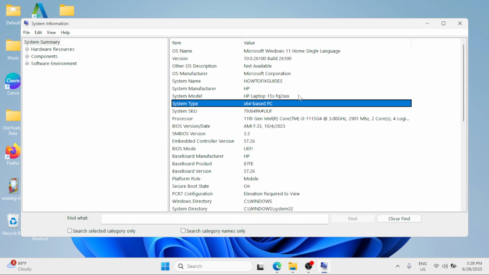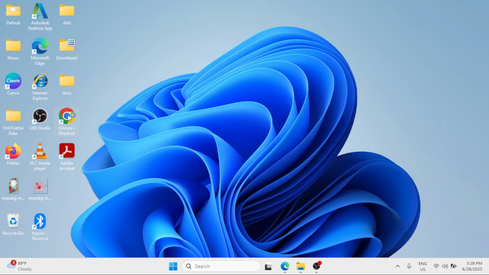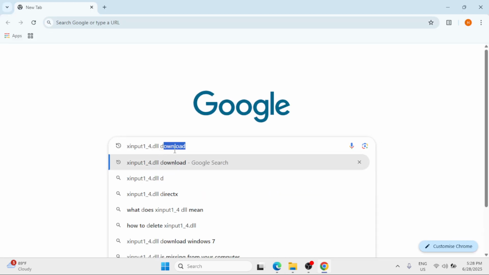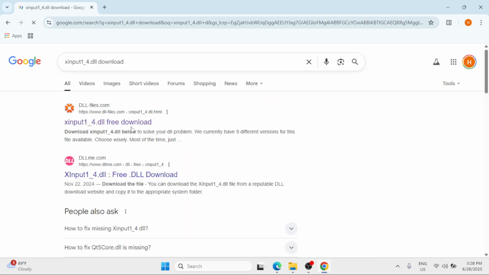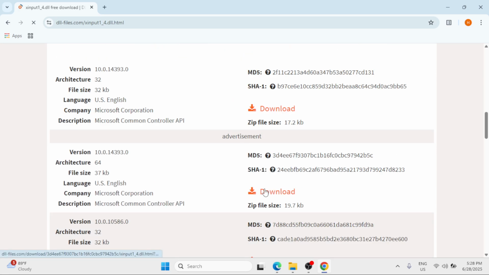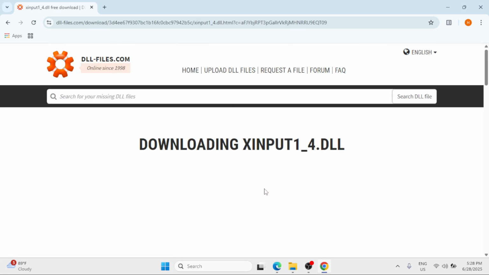Take note of your system type and then simply open a browser, any browser, and then search for the missing DLL and just put download and hit enter. Click on the first option. Scroll down and click the download button corresponding to your system type. Wait for this to be downloaded. Once downloaded,